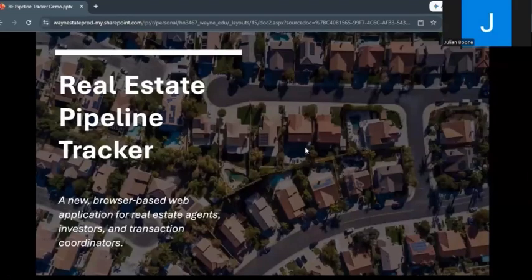Hey everyone, my name is Julian Boone, and this is my term project proposal for CSC 750 Principles of Web Technology. This project is called the Real Estate Pipeline Tracker, a fully browser-based web application built for real estate agents,